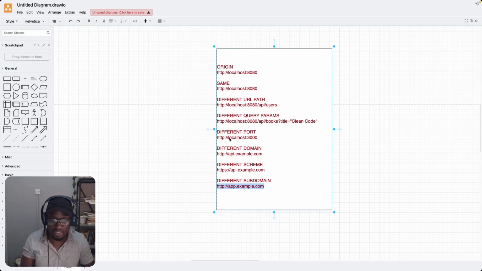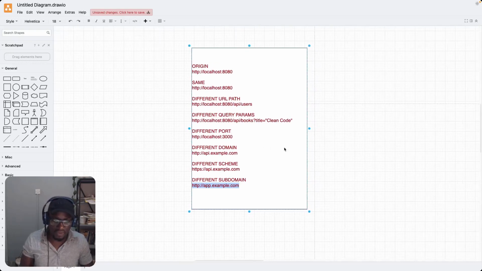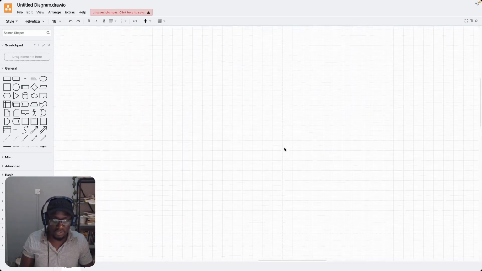I hope after looking at this, you now have a pretty good understanding of what we mean when we say origin, and what we do mean when we say same origin. I hope you'll be able to compare different URLs and tell which are the same origin and which are not. After this, the next section I want us to cover is a look at the original diagram